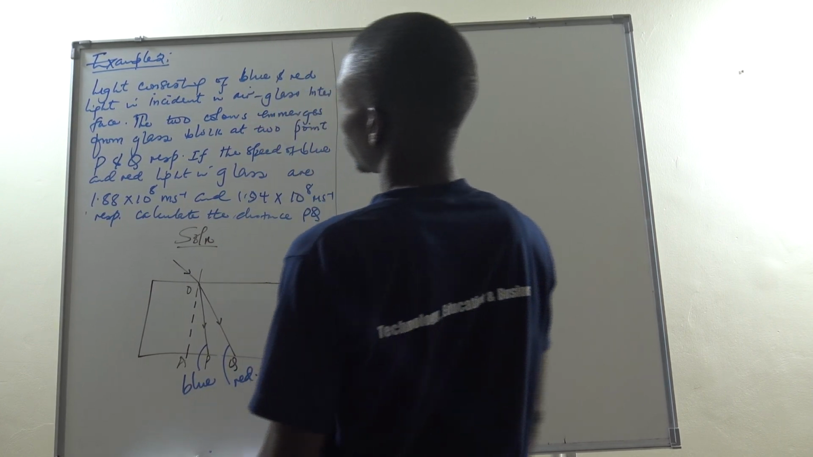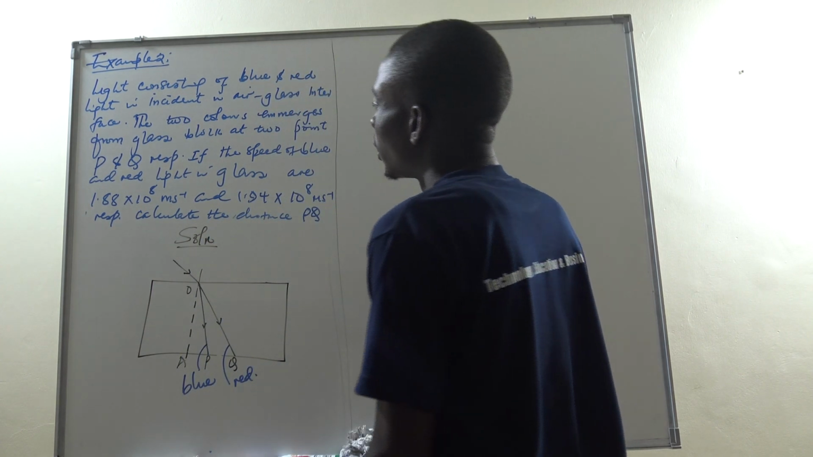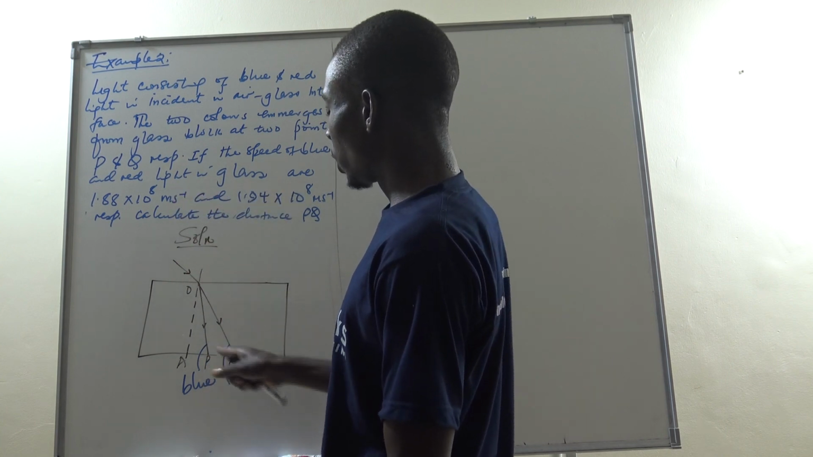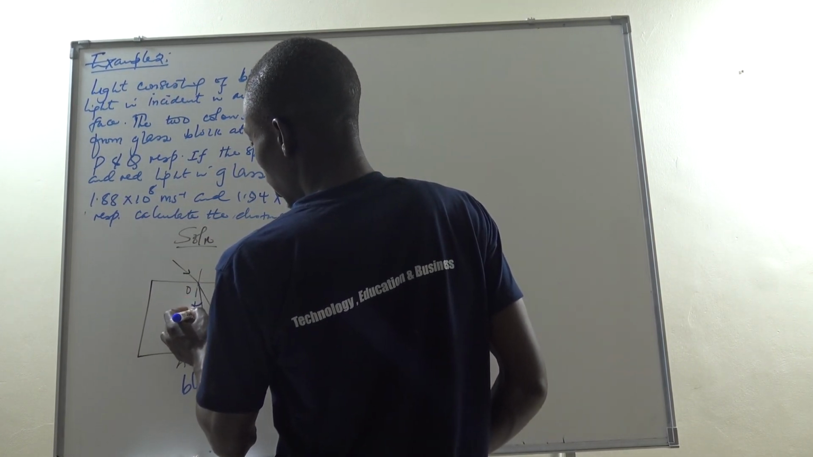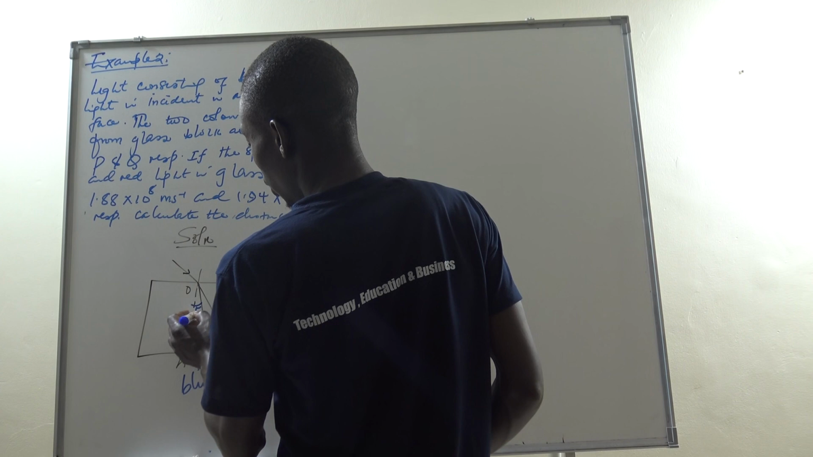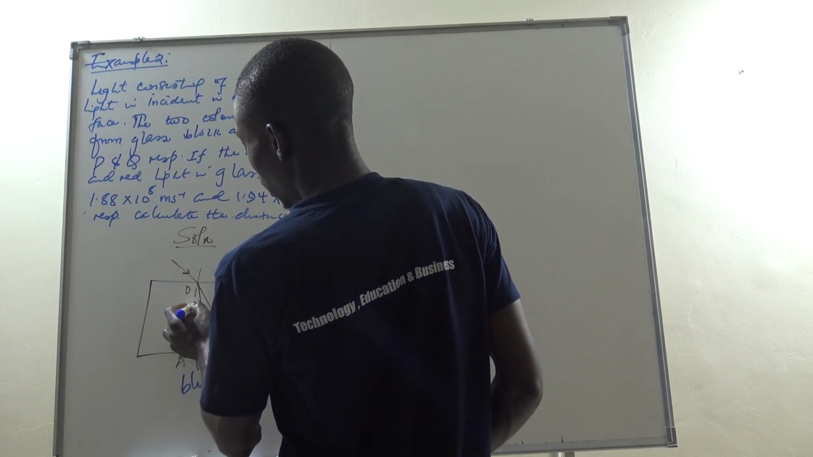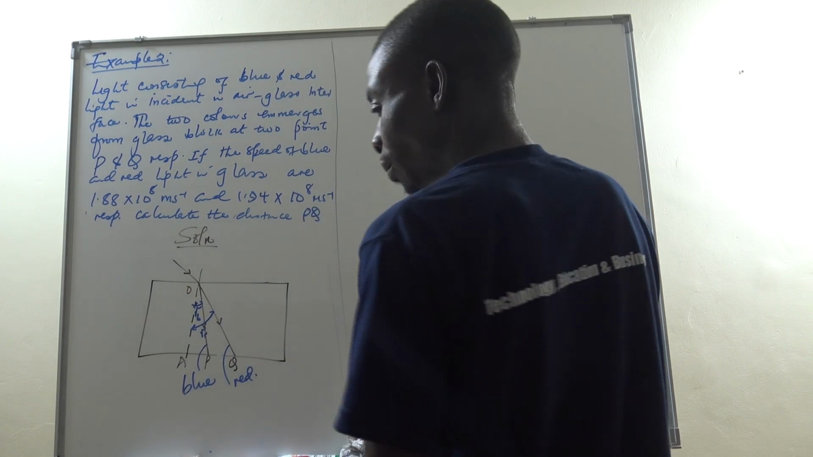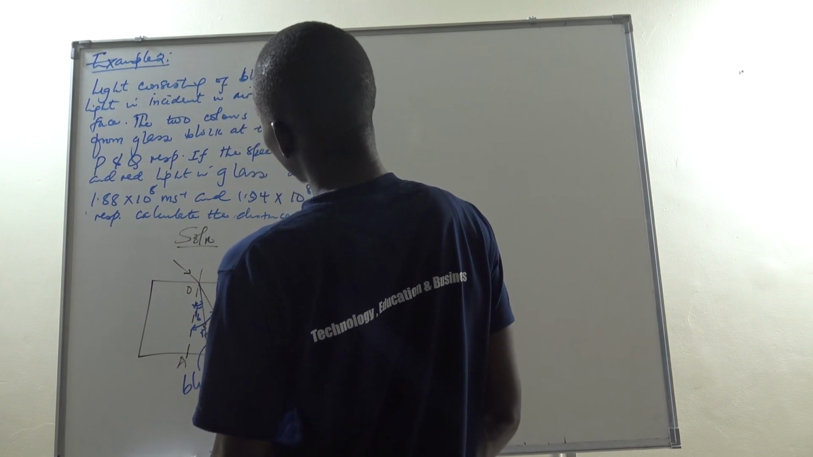Is that okay? So they are saying that the speeds of the blue and red light are this and that respectively. This is P, Q. So this is the angle of refraction for blue, and then this is the angle of refraction for the red. Now, to solve this problem,